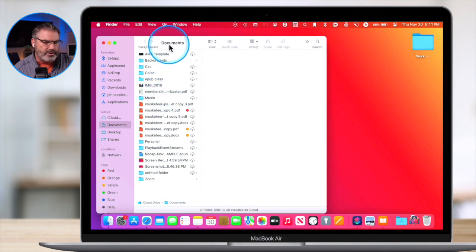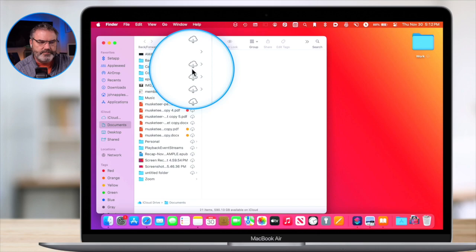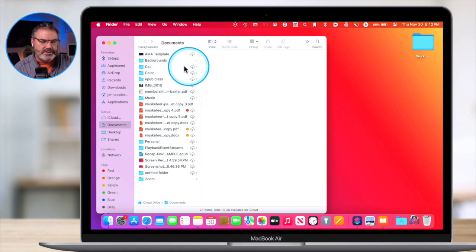You're going to see when I'm looking at my documents here, I have these little indicators. Basically what this is telling me is anything with the little cloud and the arrow pointing down, that is in iCloud, but it is not on my Mac. So my Mac has deemed that I have not used these in a while. It looks at how often you've opened it or when the last time you opened it, something along that line. It has some algorithm. And if you haven't opened it in a while, it'll just take it off of your Mac. Now, it doesn't actually remove it.